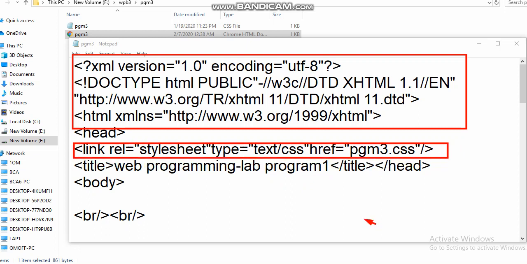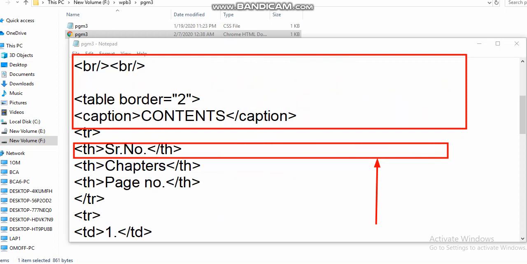You can see link rel equal to stylesheet, type equal to text/css, href, that is program3.css. This path is very important when you are writing the code. The link relationship: I want to link a style sheet, type is css, and the hyperlink reference given is program number 3.css. So that is very important here.